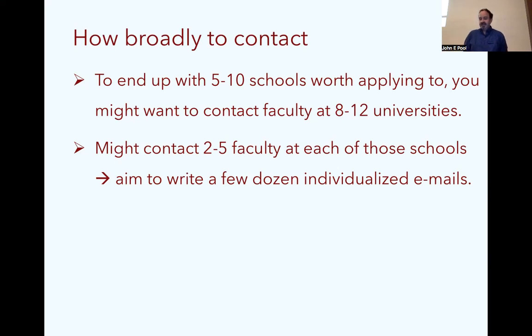And ideally, you probably want to be sending emails to more like 3 or 4 faculty at a given place, on average. But again, there's a multiplier involved here. So if you're sending an average of 3 or 4 emails to different faculty at somewhere between 8 to 12 universities, then you're probably talking about somewhere in the neighborhood of 30 or 40 of these emails going out. And you'll gain a ton of information from that, but it'll take you some time to write that many